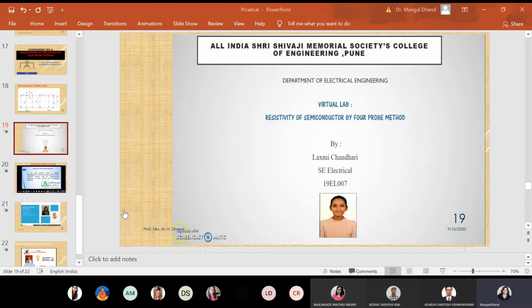Then next Wednesday or Saturday we can perform this. That will be your 6th experiment, the BH curve, and nobody has demonstrated it on the virtual lab. So if anybody wants to come forward to prepare screen recordings, you can. I can consider that activity as your 6th activity.